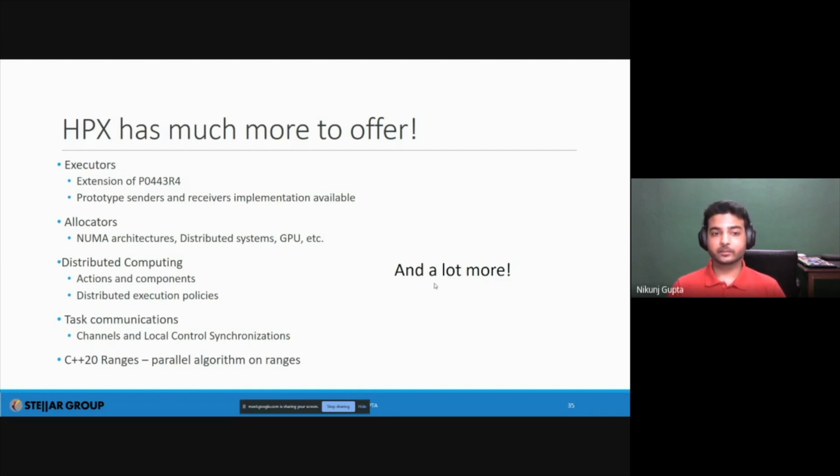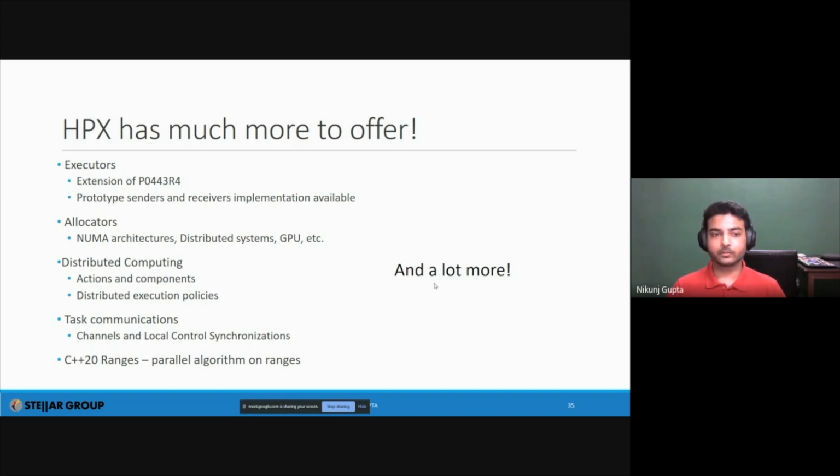HPX does provide you with NUMA architecture support. So if you want to have NUMA-aware code, that is, having multiple sockets in a single node, we support that. We support distributed systems. Again, we did not talk much about distributed systems, if at all. And we also have heterogeneous computing with GPUs.